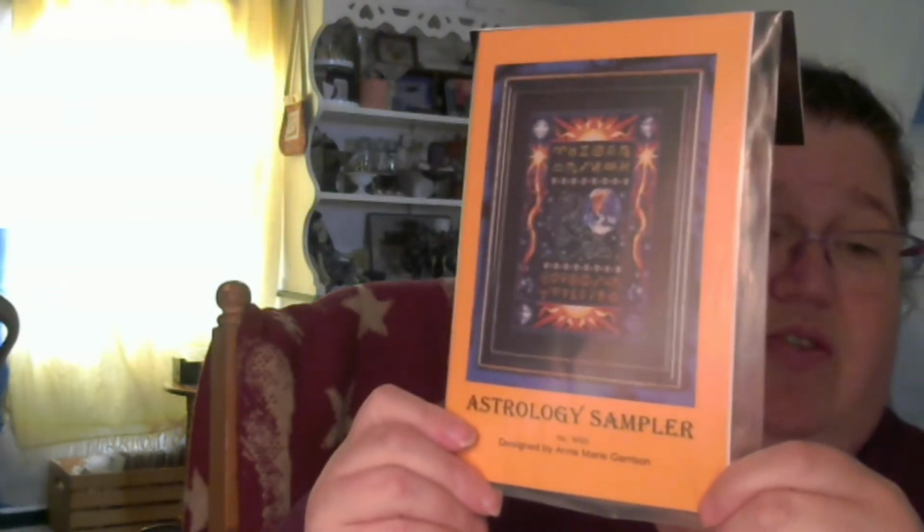So I did not end up starting astrology, the astrology sampler. Here it is. Mainly because just my head was hurting too bad to deal with kitting it, and I got my 31 minutes in last night. I was done. But today, like I said, just didn't feel like kitting it. So I went into my bin of already kitted projects, and I pulled out